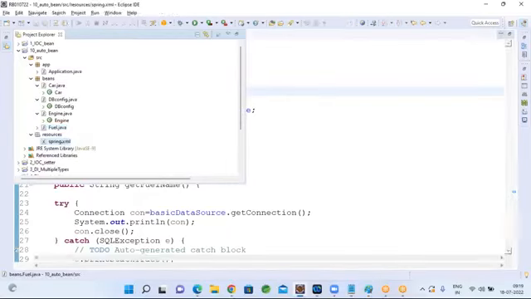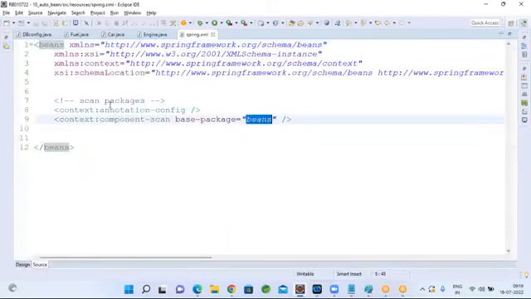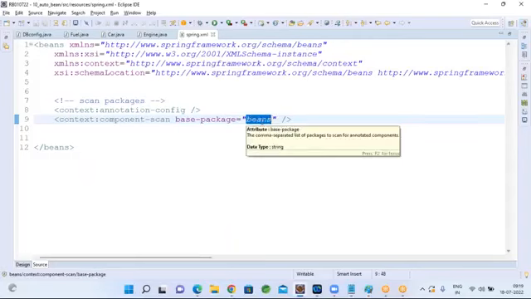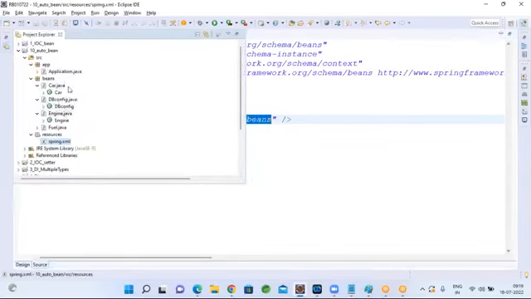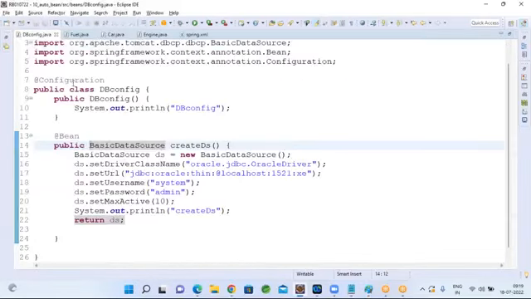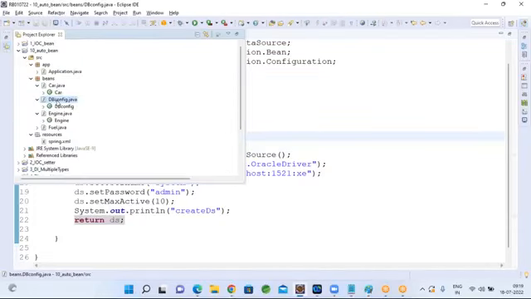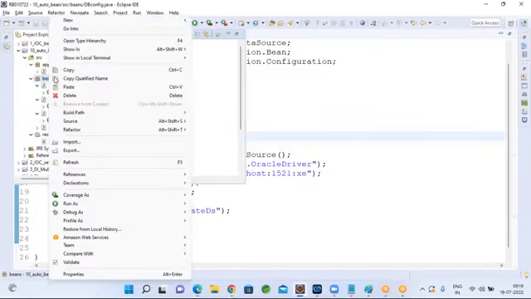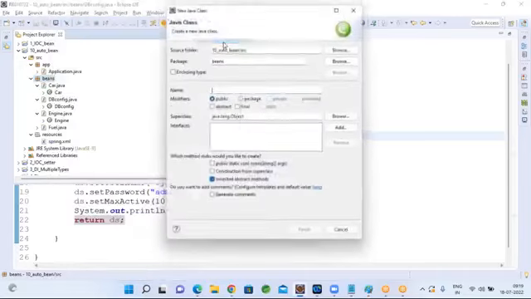Once you annotate them, you need to scan that package using @component scan, I mean context:component-scan. You need to pass your package name so that it will scan your packages at runtime and create objects for your classes. And for configurations, we can use @configuration with @bean combination. This is very important. And if you have any utility class, something like a validation class,